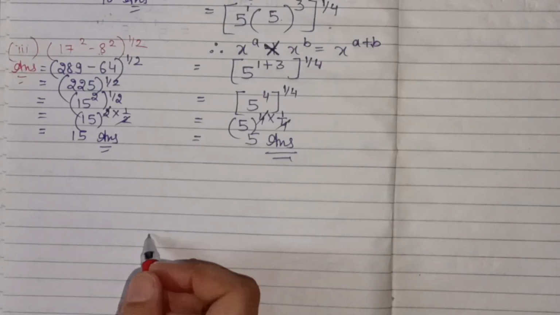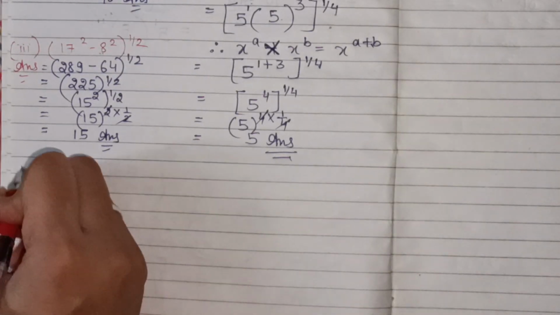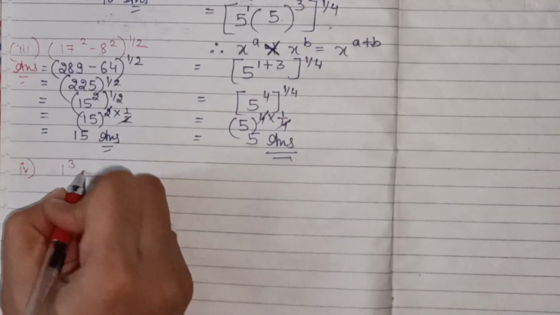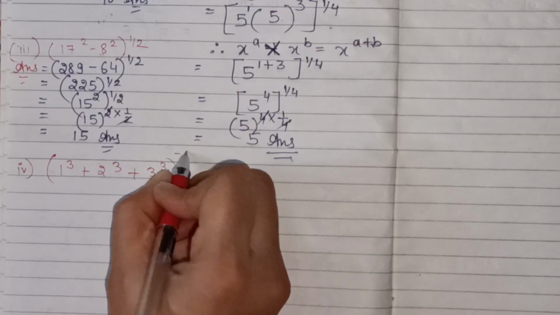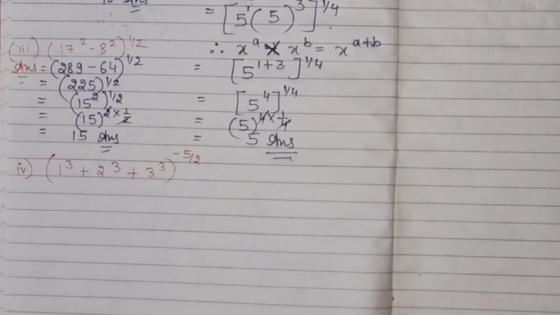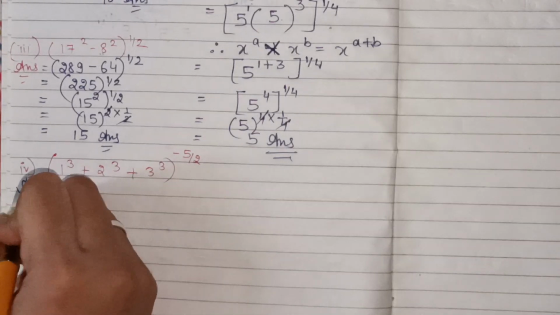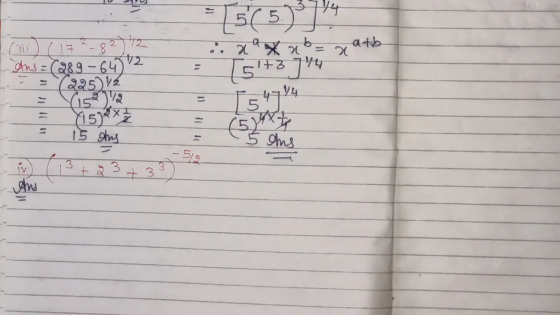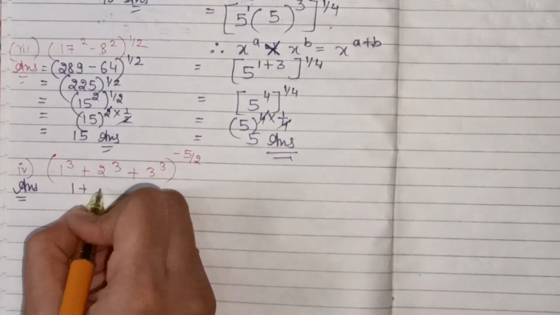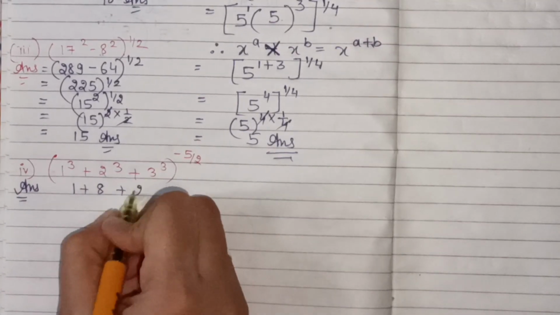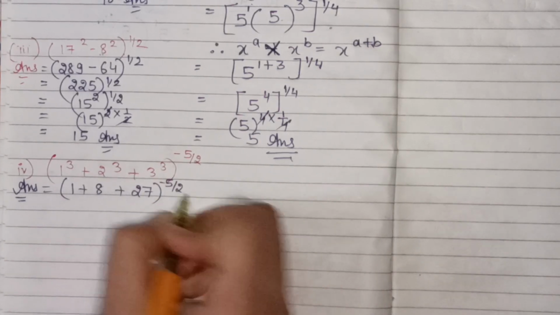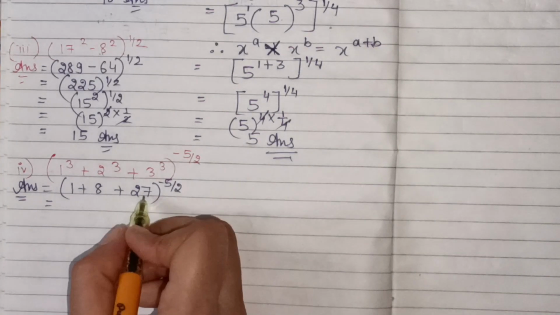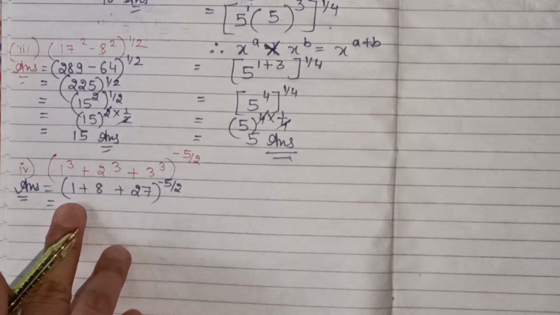Our fourth part is 1 cubed plus 2 cubed plus 3 cubed, and the exponent is minus 5 upon 2. It is a negative exponent. I write here answer. Firstly, solve the given numbers in the bracket. 1 cubed is equal to 1, plus 2 cubed is 8, plus 3 cubed is 27 in the bracket, and this exponent is minus 5 upon 2, is equal to 27 plus 1, 28,